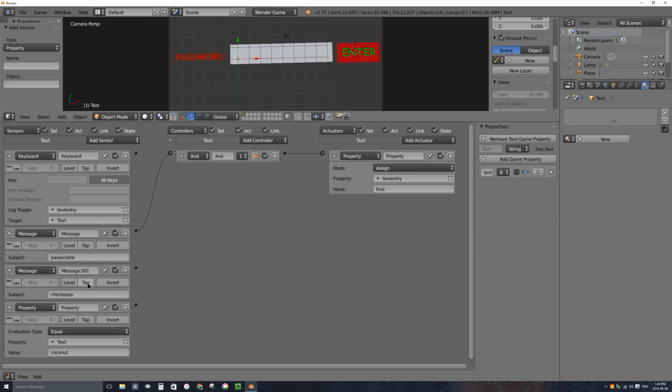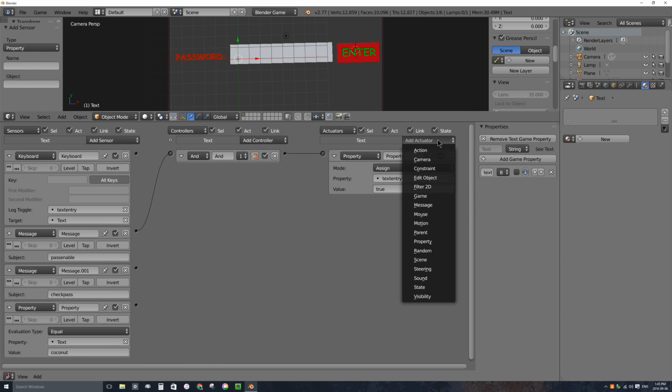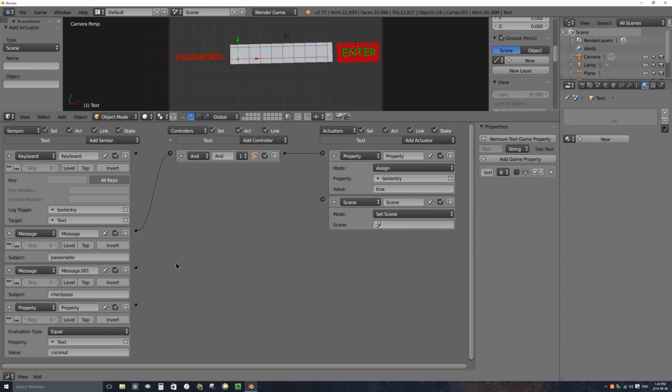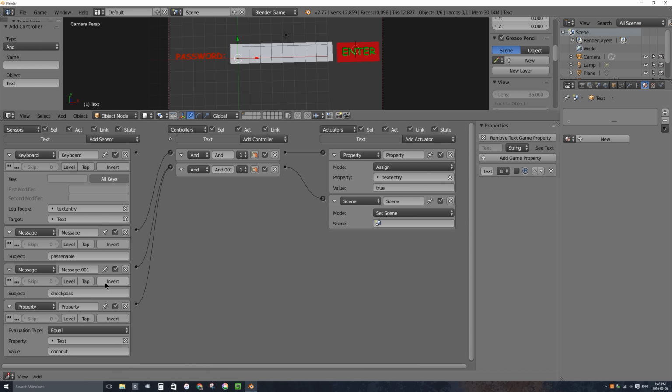So we want to check to see if this text object hears this check pass message, and if the text property is equal to coconut right at that instant that it hears the check pass message, we're going to switch scenes. So I'm going to add an actuator to switch scenes. So add actuator and scene and set scene, not set camera, but set scene. And I'm going to connect these up. Again, both of these two things, the check pass message and the text being equal to coconut, have to be true. So I'll connect these both up to that and we should be good to go, except I have to make a new scene. So if you need to pause the video and catch up with these logic bricks, you can do that